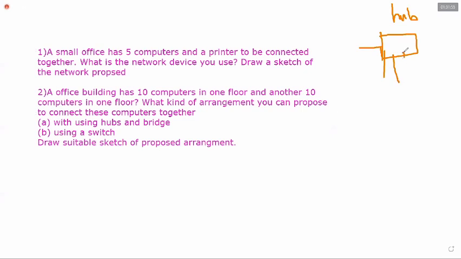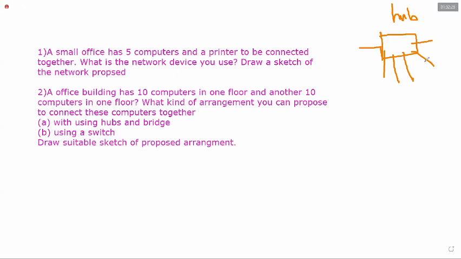If you are specifically more concerned about the speed, then you can use a bridge. But if you are using a bridge, remember you need 2 hubs, right? So you need to connect 3 devices to each hub and then connect the 2 together with a bridge, which will be a little bit more expensive considering you have to only connect 6 devices. So you can best use one network device, a hub, and connect the 6 devices together. Okay,